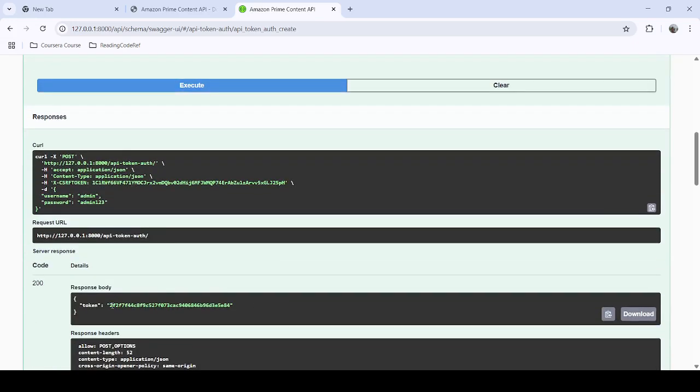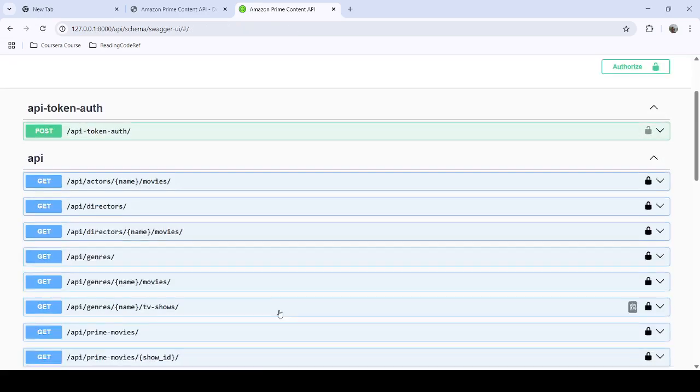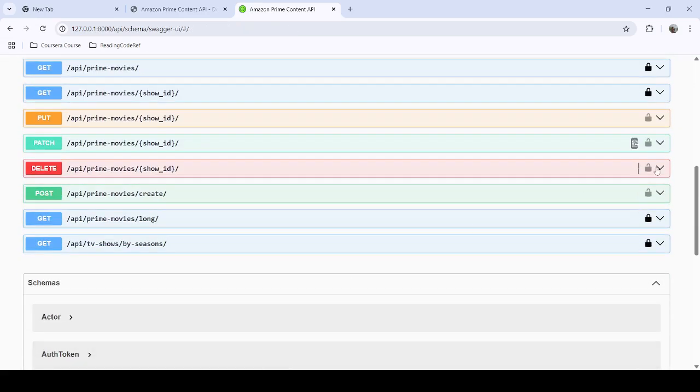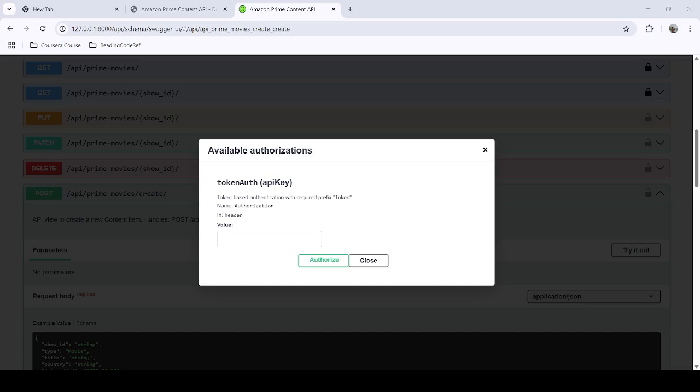So here is the token for extensive operations like creation, updating, and deleting. When we create a movie record by POST, I add the value obtained earlier from the token auth API endpoint, then Token, a space, and then paste the token value.